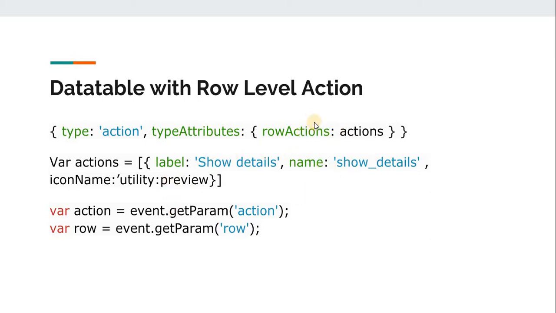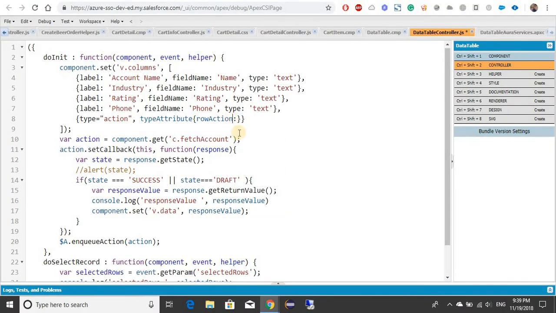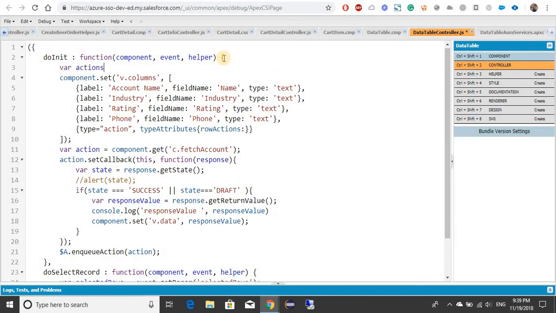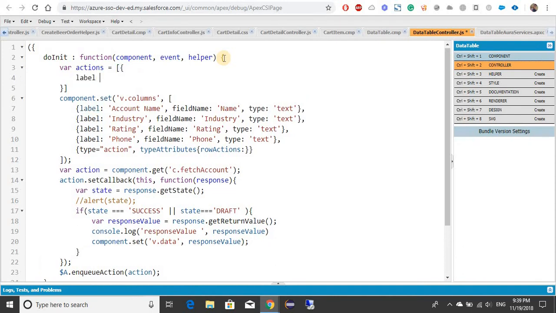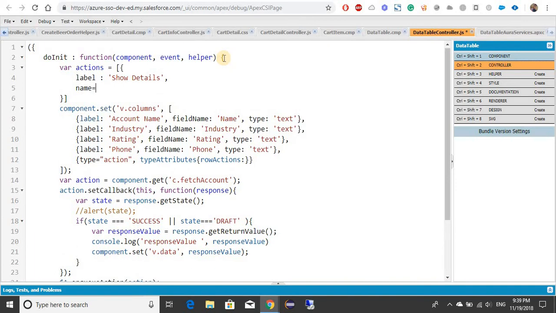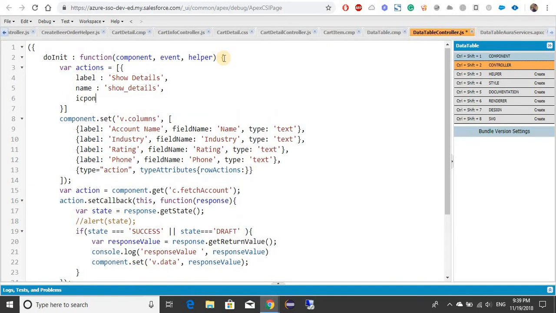Row actions, it's row action instead of action, so it will be row action type attributes. And then here for action, let's define the action. So how we will define it? It takes the array, so we'll do that label will be show details, name will be show_details, icon name we can use action:preview,